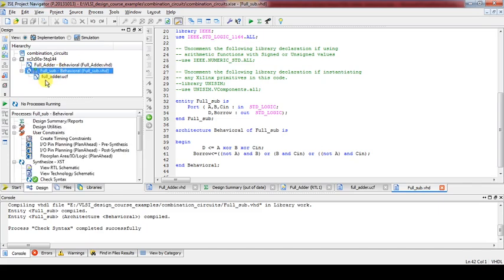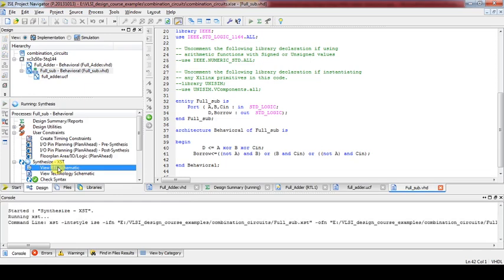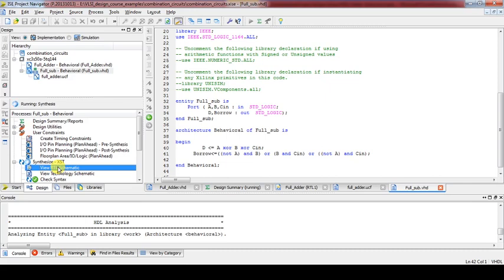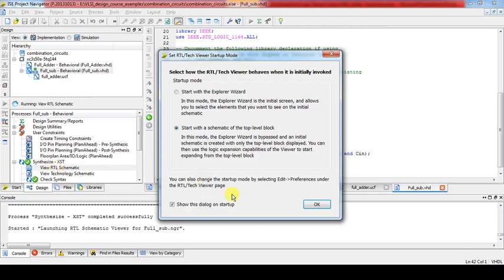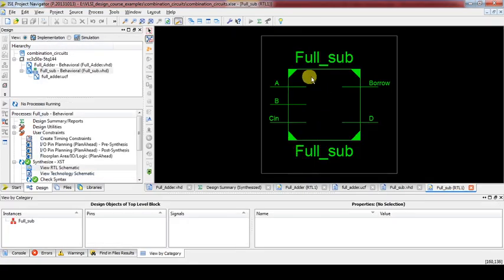So let us see the RTL schematic of this full subtractor. Open it. Again, like the full adder, here are inputs A, B, C in, and borrow and difference outputs.